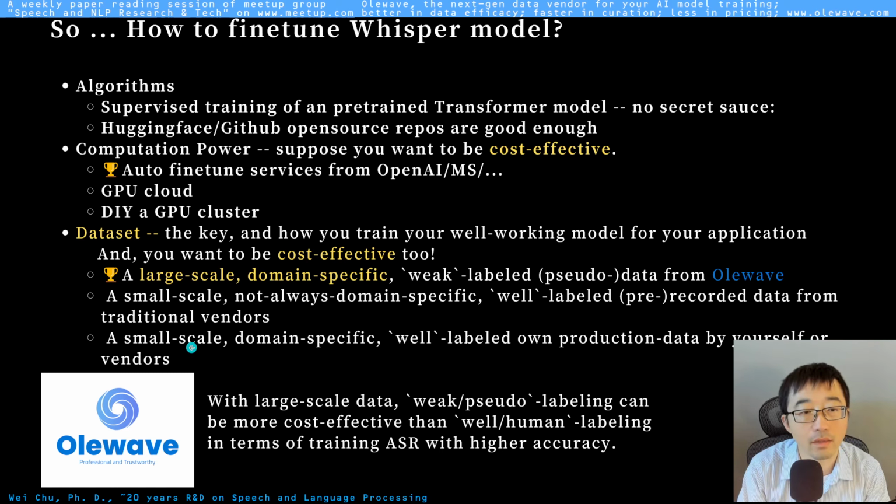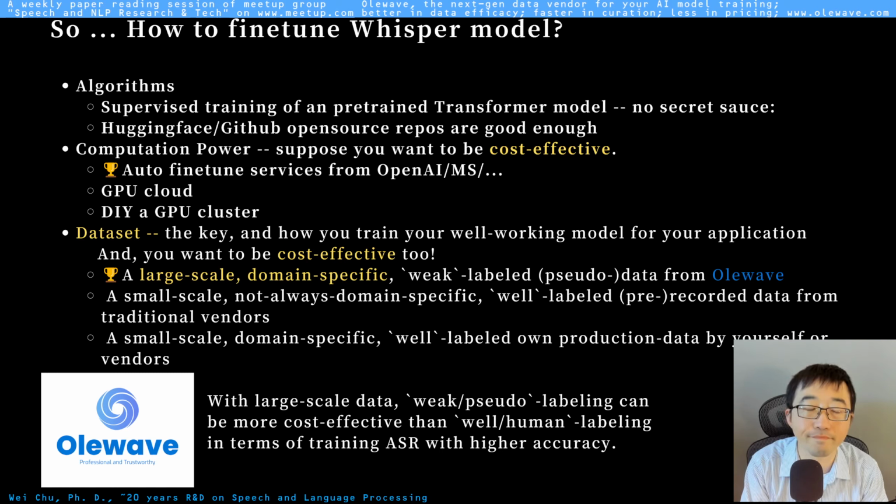The second approach is also small scale, but suppose you have some product, you have some recordings, then you have your own production data, and this time it's definitely domain specific. It's very, very domain specific, and then you can label it yourself or by vendors, and then you can call this well labeled or human labeled. But like I said, there's always a question mark about how this data is being labeled